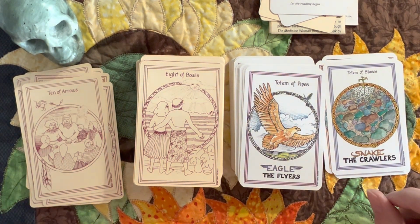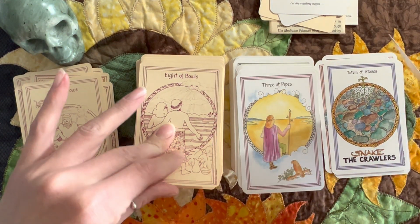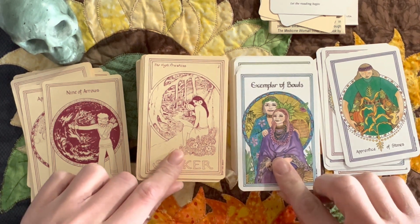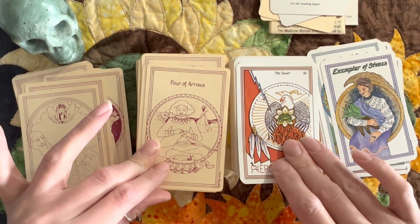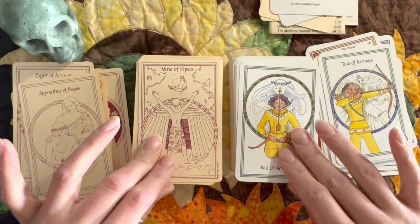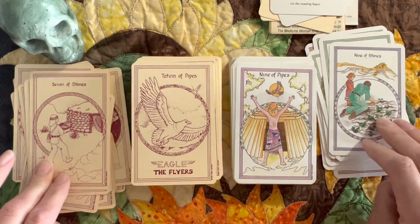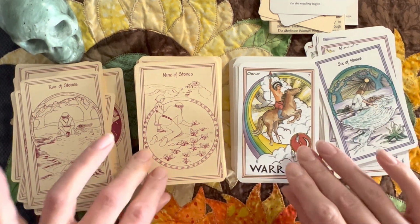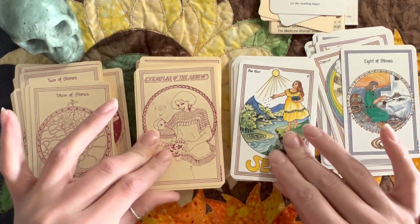So the Gentle Tarot, that one just looks exactly like where I live or where I'm from, King Cove, Alaska. So that one I have, but I don't use it. But if you want to think of Alaska, look at that deck. She was very on point with the coloring and the feel of Alaska and the summertime. But yeah, this is just another deck that reminds me of it. I just like this style more, I guess, but nothing's wrong with the Gentle Tarot. I think it's gorgeous. I just love the eagles too. There's a lot of eagles in Alaska, and I'm just super stoked about this deck, and I'm going to study